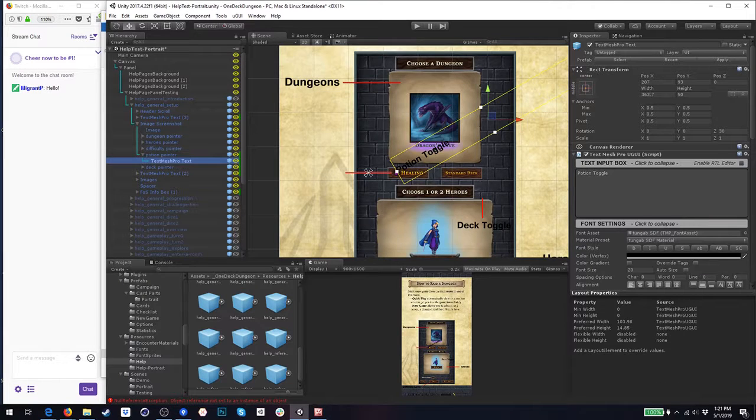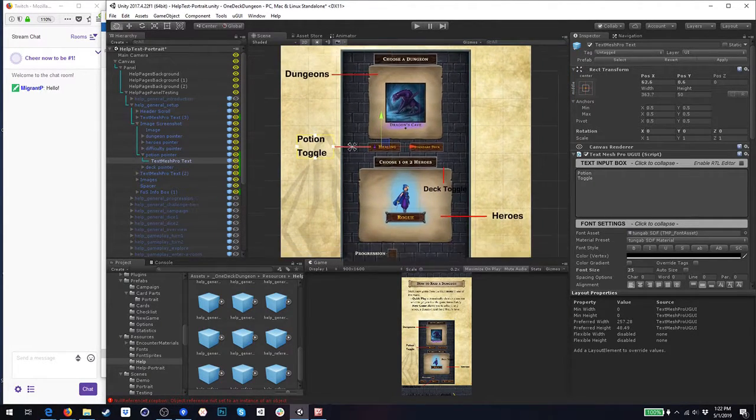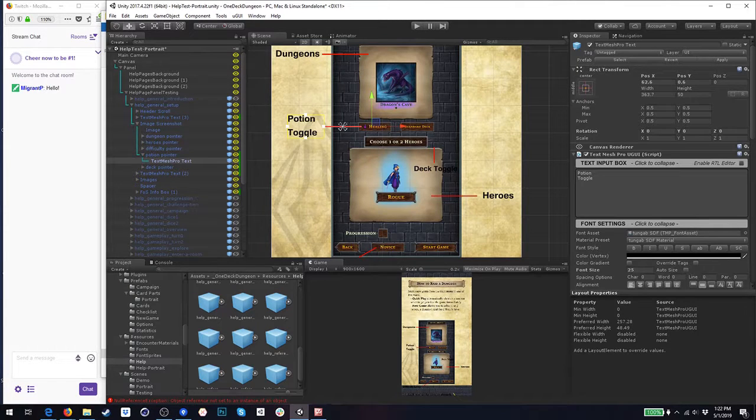And then the text, obviously, we don't want it to be off to the side like it was, and we'll make that 25. And I think it probably makes sense to just put those out in 2 lines so it fits in the margins there. And there you go. There's the potion toggle, and